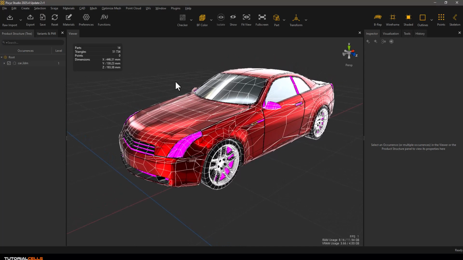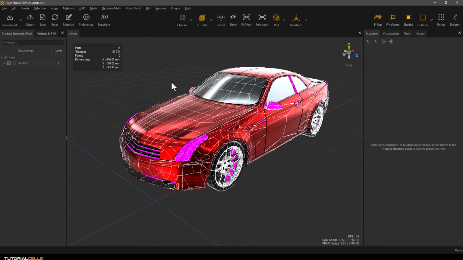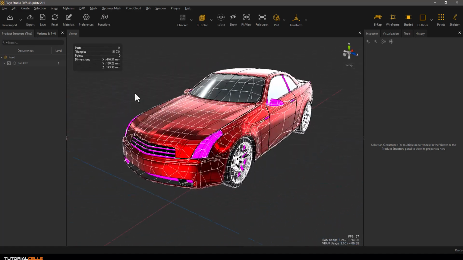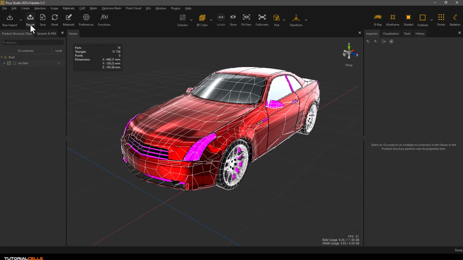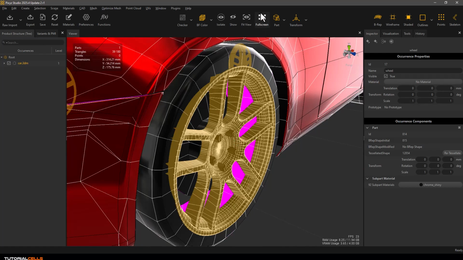Okay, we tessellate this CAD model to the mesh, convert the CAD to the mesh, and if you are satisfied with the number of your polygons, you can let go and export it. But if you want to work more on this, for example, in this ring,